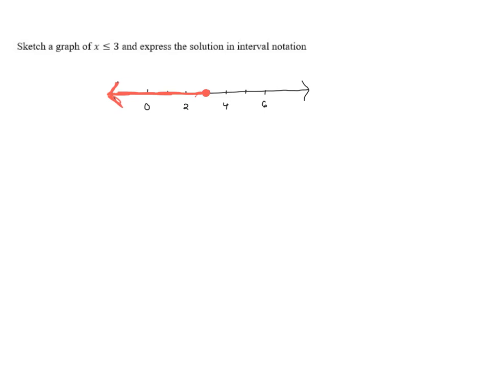So this is the graph, and then in interval notation, this would give us parentheses, negative infinity, comma 3, and then a bracket on the 3, because 3 is allowed to be a solution here. Now that's the end of the problem, but I do want to talk about alternate graphs,